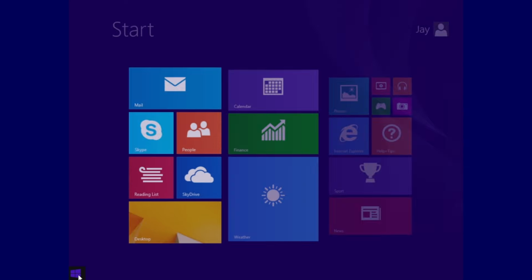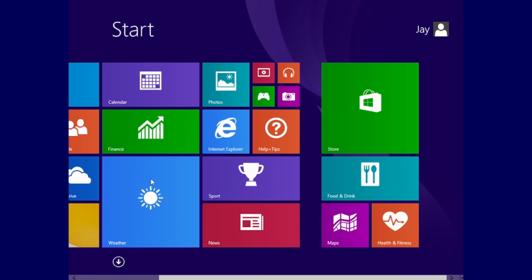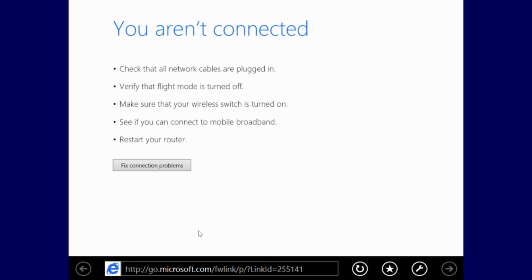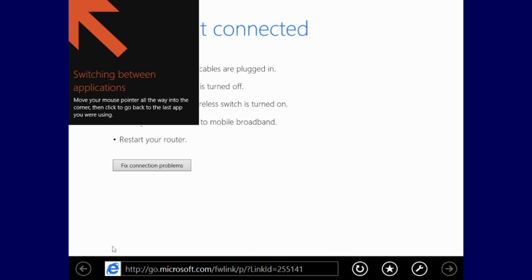So, yes, you have your tiles, and once again, we actually have a Metro version of Internet Explorer. We can go in there, and you can see that the interface is quite a lot bigger than the desktop version, and there's a good reason for that.